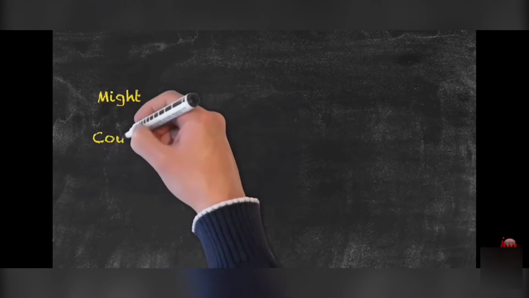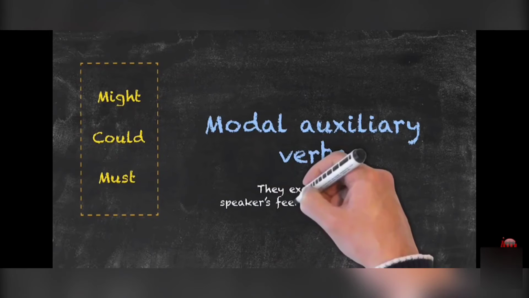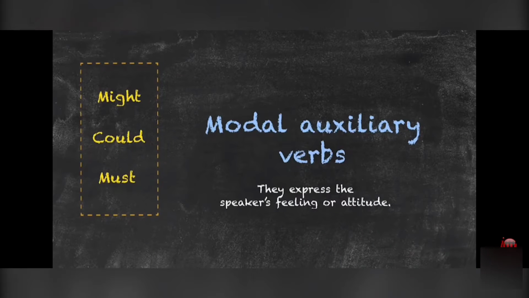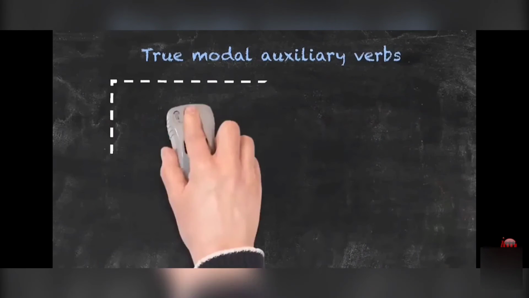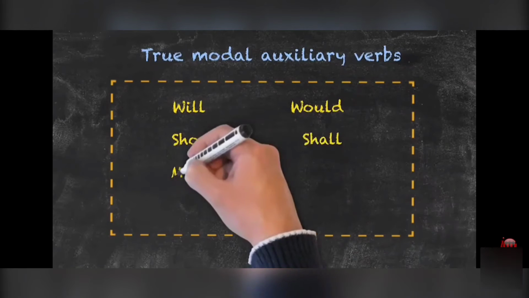These words that I've boxed, might, could, and must, are called modal auxiliary verbs. They express the speaker's feeling or attitude towards this particular verb, in this case, the verb to be, and they're very subjective. In the English language, there are 9 true modal auxiliary verbs: will, would, should, shall, might, may, must,